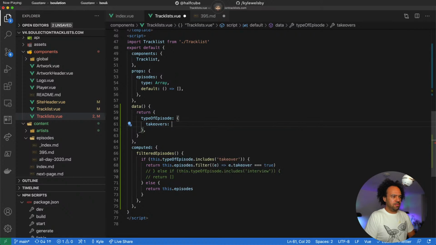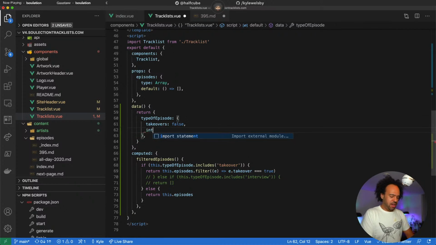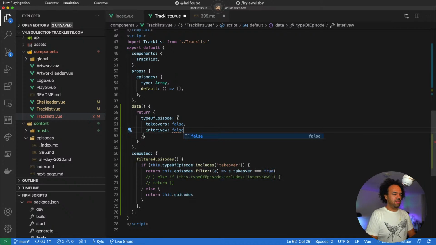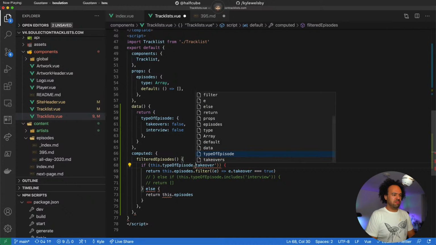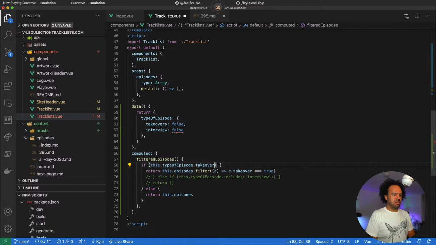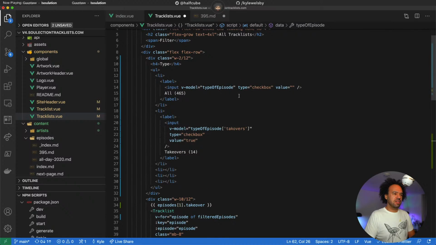We'd have false. Try again, Kyle. Interview, and we'd toggle through these, and that kind of works actually. It's explicit, right? And assuming I always set that, then we can simplify it like that. That's actually making better sense. So to make that possible,